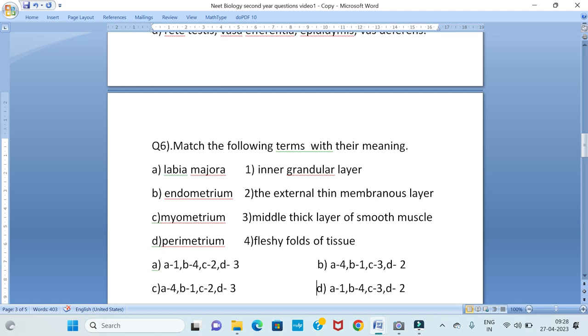So the answer is B, A4: labia majora, fleshy folds of tissue. Labia majora. Here the keywords are labi, maja, fleshy, fresh. So suppose